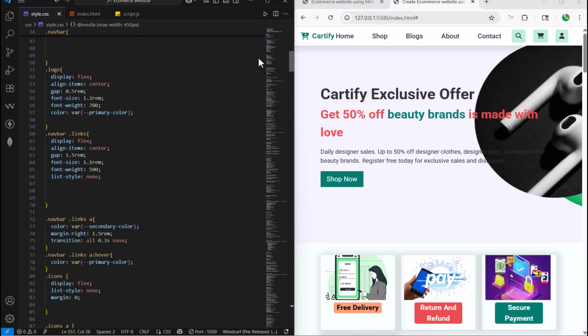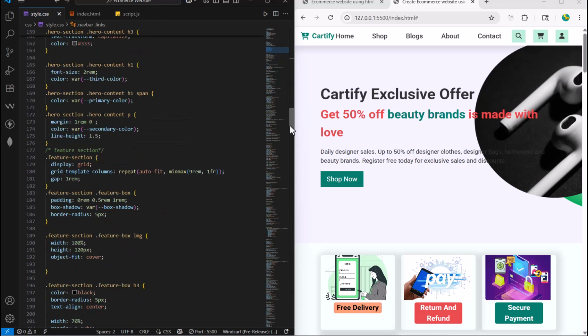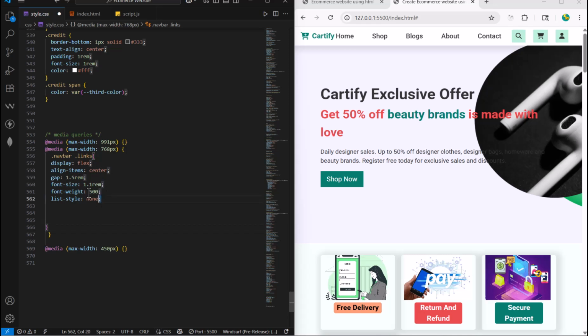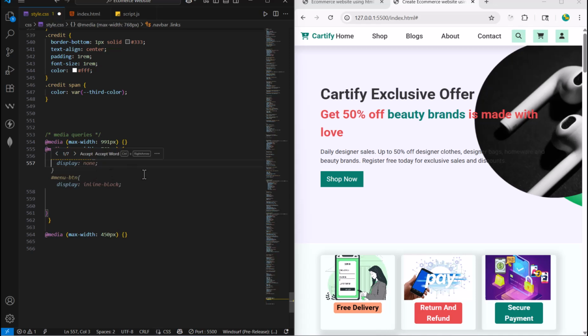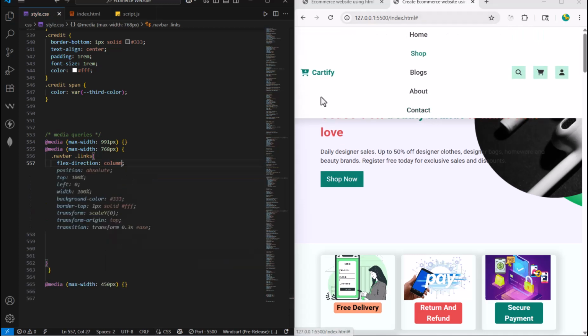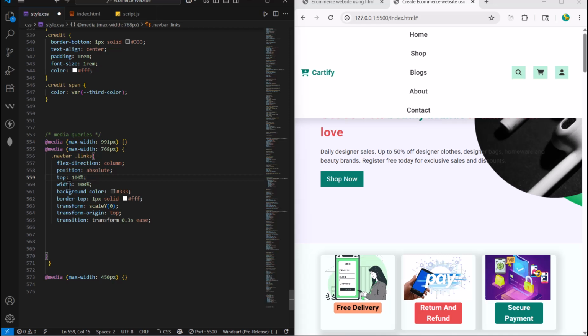the style for this navigation menu right here. Navigation link, navigation menu, or navigation link. So copy this and then come over here for a device having a screen maximum width of 768 pixel. Copy this and now over here what I would like to do is make flex direction column. Here we have flex direction column right here. And then position absolute right here. Here we have position absolute, and then top 100%. I'm just going to remove this left right here, and width 100%, and background here we have, and border top 1 pixel having such color. I don't want this,